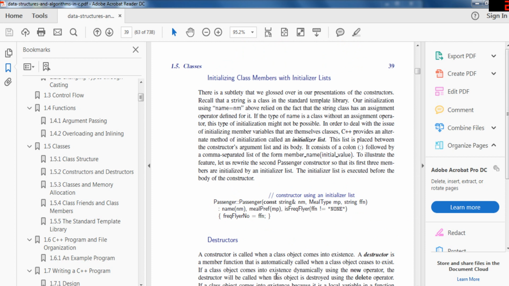You could also use initialization lists. It's like this. You just initialize all the instance variables like that. Okay. Destructors are a way to